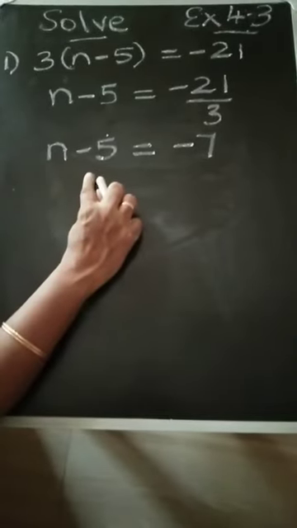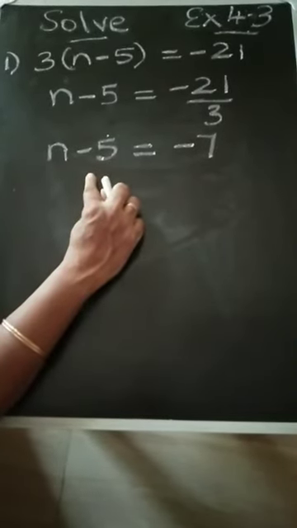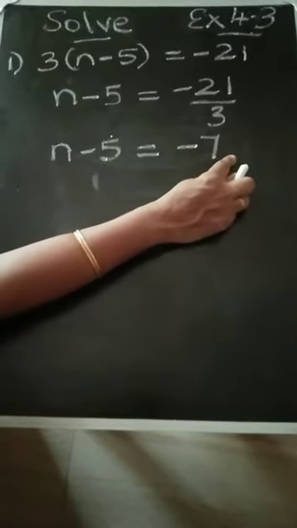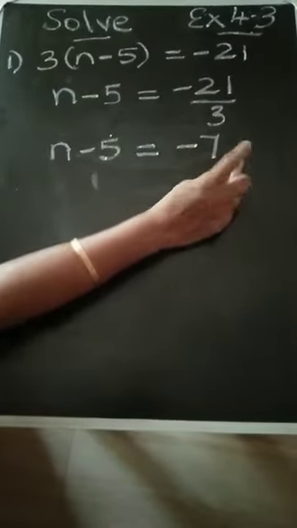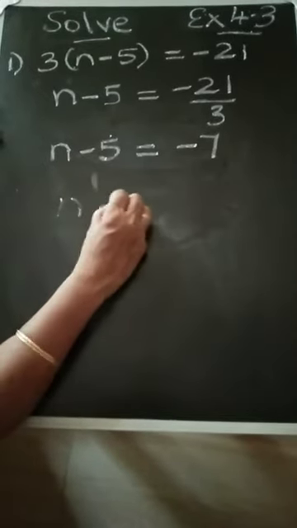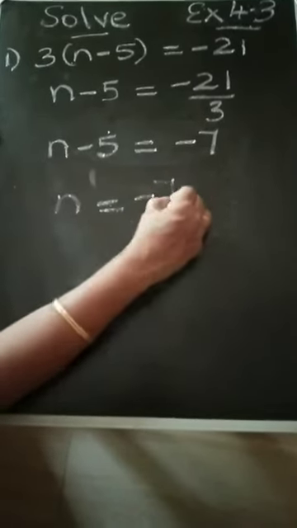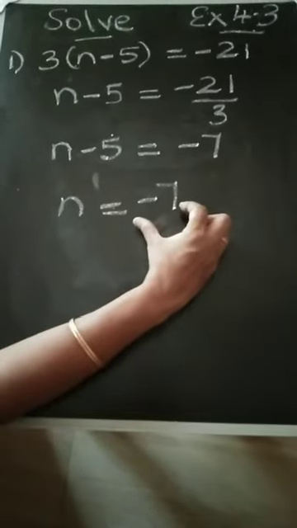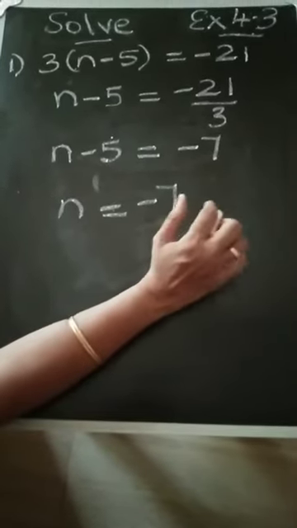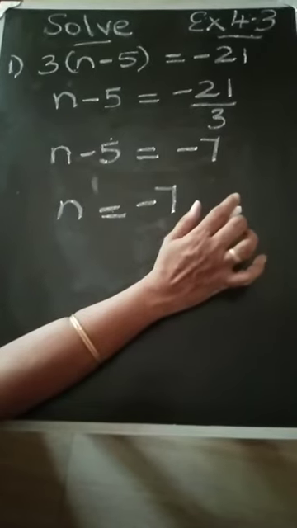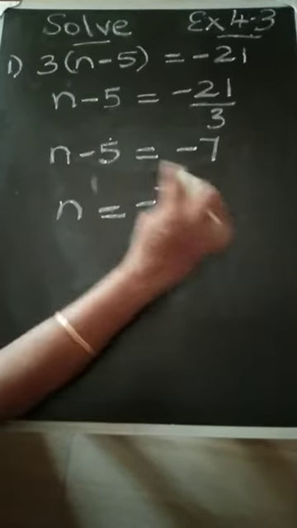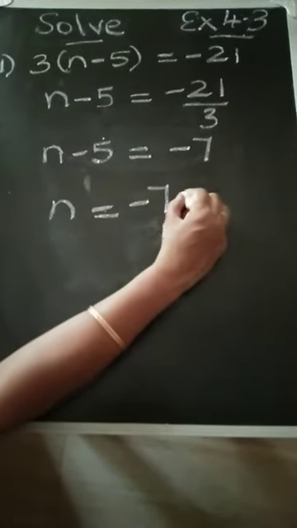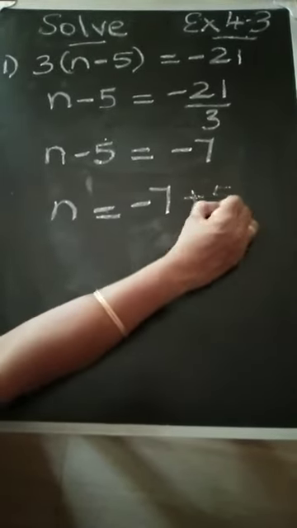Now here it has got minus 5. So when it goes after the equal to sign, what does it have to become? You have to add. So n is equal to minus 7, which should be kept as it is. In the previous video also I told you the number after the equal to sign has to be kept only there after the equal to sign. You are not supposed to move the number. This minus 5 will go beyond it. So minus 5, when it goes that side, it becomes plus 5.